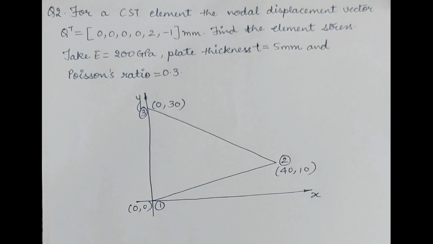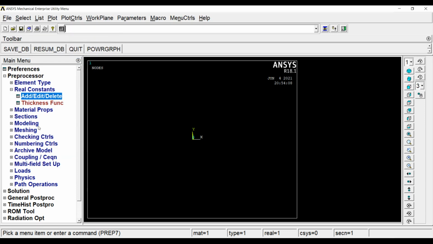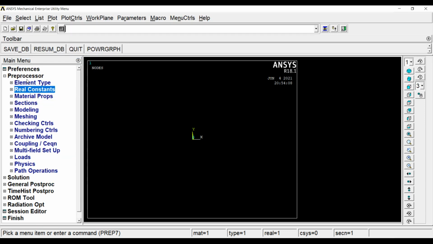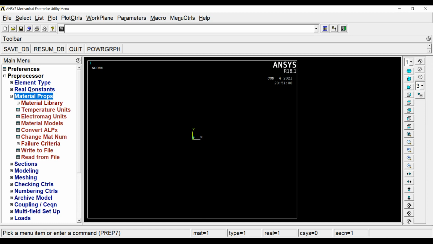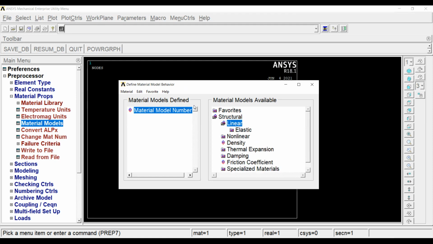You can see in the question the value of thickness is given to me as 5 mm. So I'll write here 5. OK. Close. Then I'll go to Material Properties, Material Models. I'll go to Structural, Linear, Elastic, Isotropic.